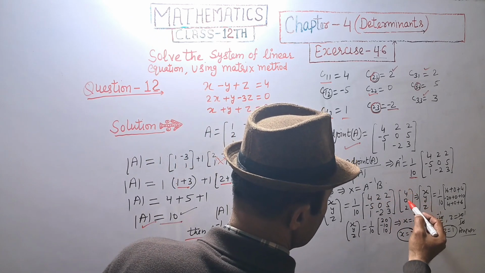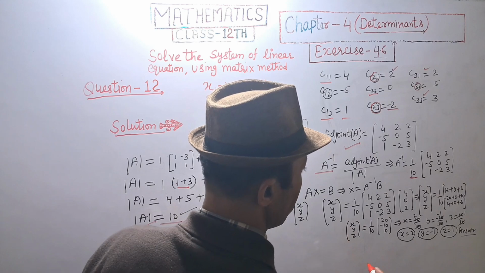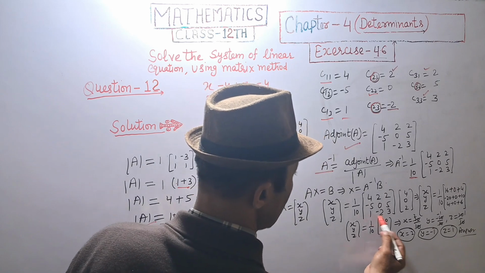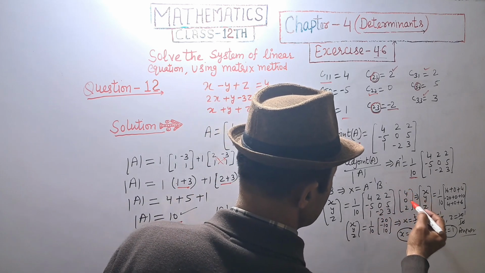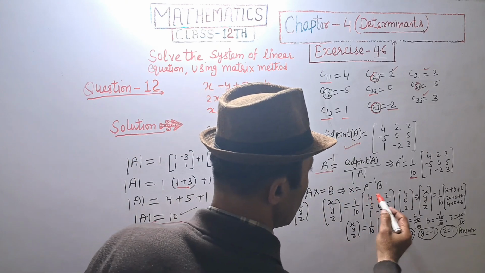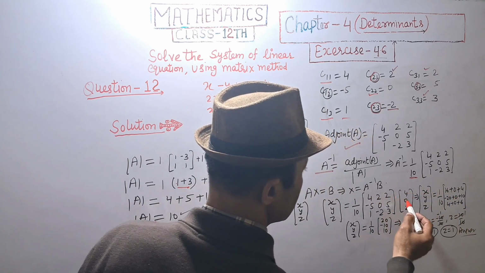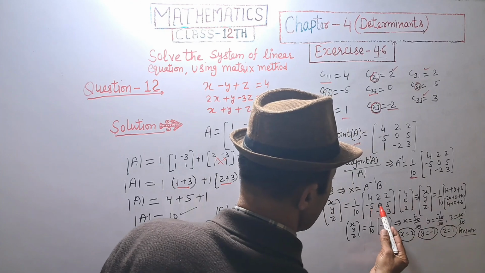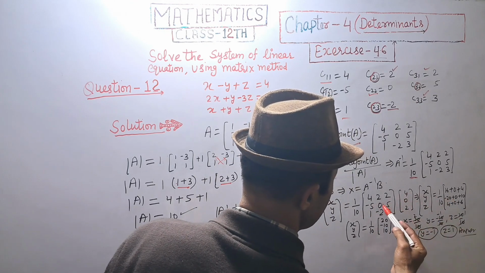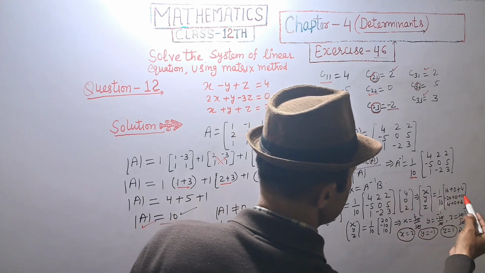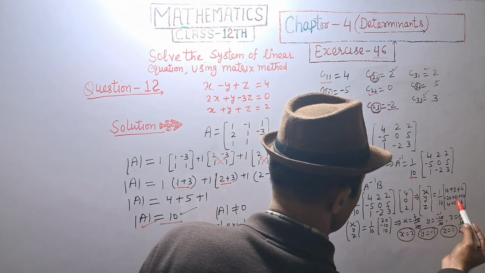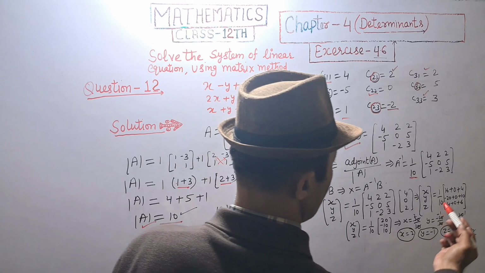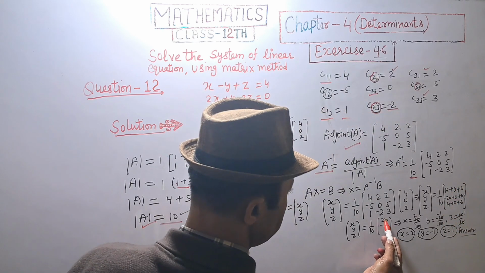First row multiplied by 4, 0, 2 gives the value of x, second row multiplied by 4, 0, 2 gives the value of y, and third row multiplied by 4, 0, 2 gives the value of z. 4 4s are 16 plus 0 plus 2 2s are 4, and 5 4s are minus 20, minus 5 4s are minus 20, plus 0, 5 2s are 10, and 1 4 is 4 plus 0, 3 2s are 6, and 16 plus 4 is equal to 20.